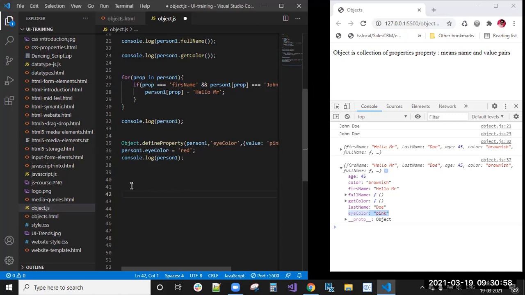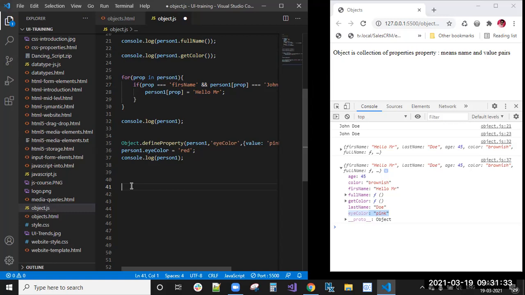Suppose you have a table. Inside that table, in the TDs, every TD you need to fill. So you iterate over each and every object, and those object values are what you are binding there. That is the real-time case. Whatever functionality we are building, the data is in object format only.